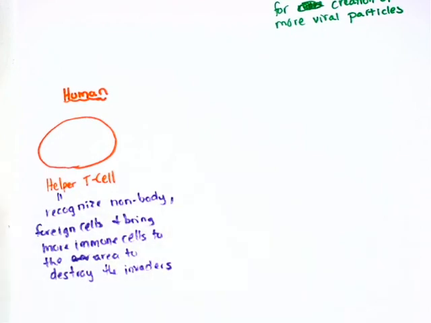So your helper T cell is the little guy that's looking for where a battle needs to be and calls for the rest of the immune cells to come fight the battle. So your helper T cells are essentially looking for infection sites of foreign cells. And helper T cells don't fight the battle, they just